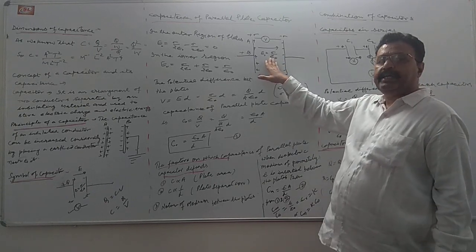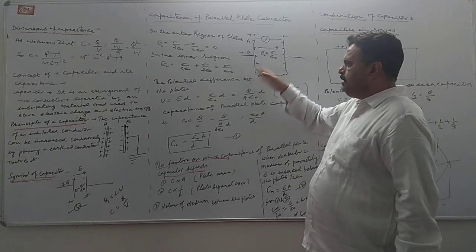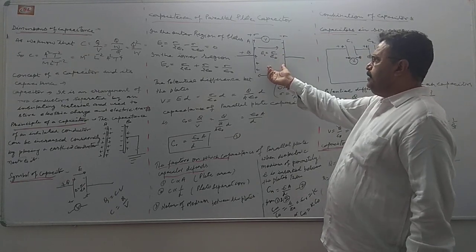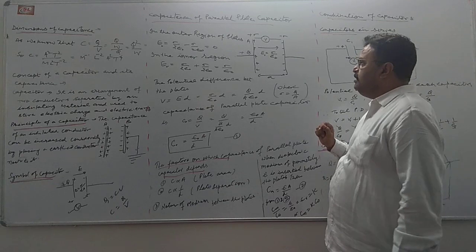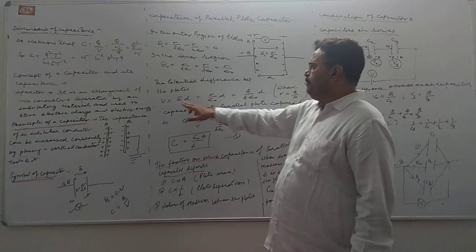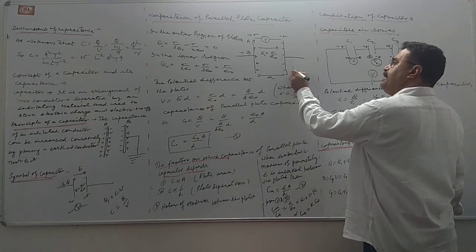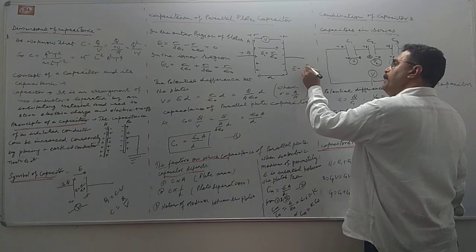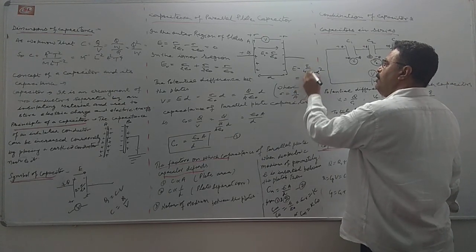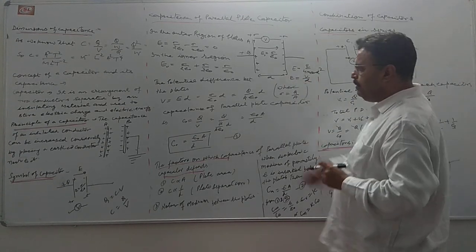This expression we have taken from the Gauss theorem. You can see that E naught is the electric field between these two plates, V is the potential difference, and +Q is the charge. So the potential difference between the plates can be taken as V equal to Ed, because already we have learned that E equal to Q upon 4 pi epsilon naught r square, or you can write E equal to V upon d, or V equal to Ed.